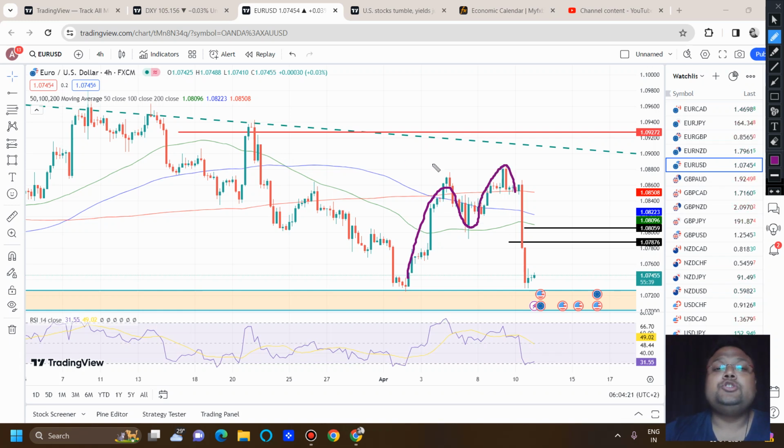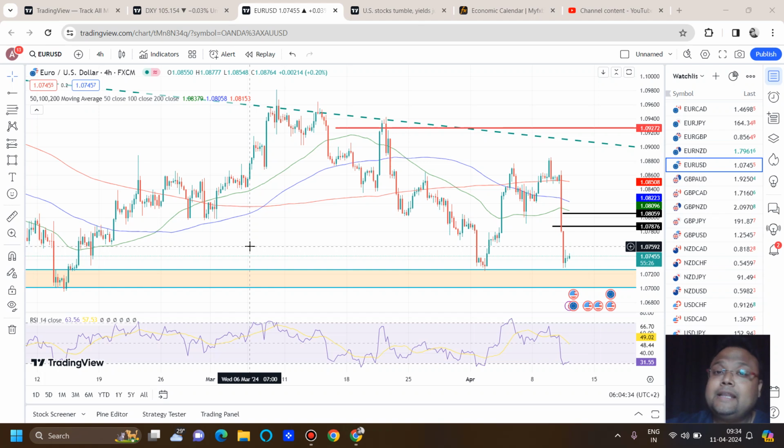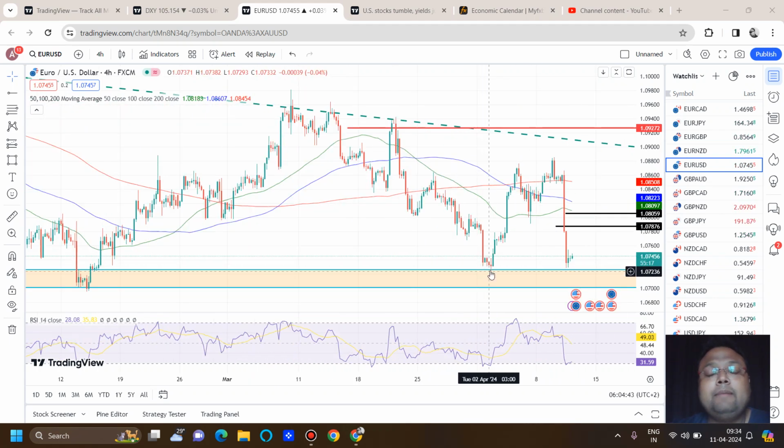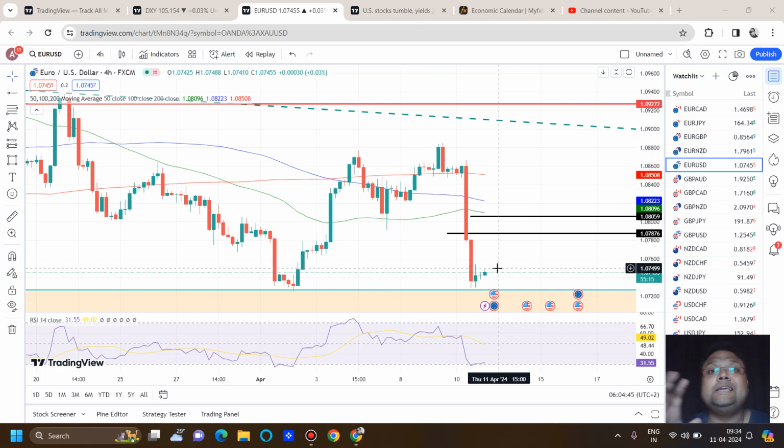We saw a change in the structure of the market. Euro USD was forming higher highs, but the CPI numbers changed the direction of Euro USD again. So we can clearly see that selling pressure is there, not only on Euro USD but on GBP USD as well. And yesterday when the fall came, ultimately they came to support, and right now Euro USD is struggling